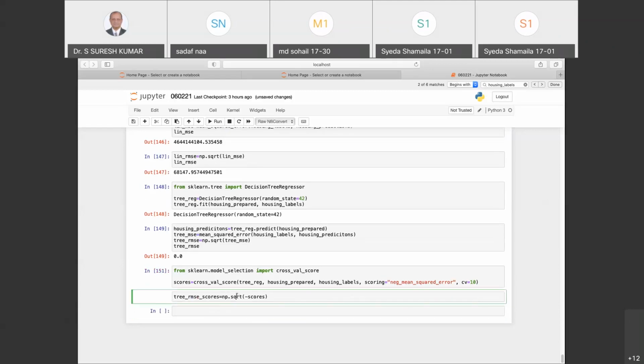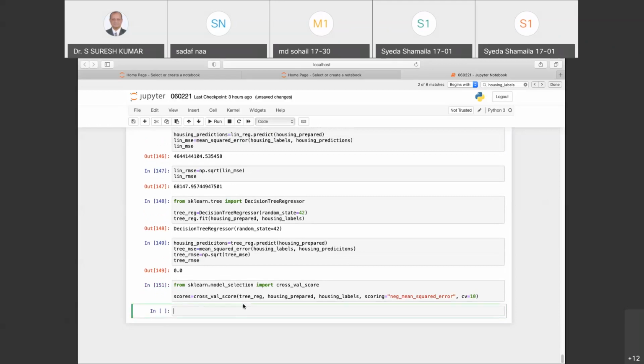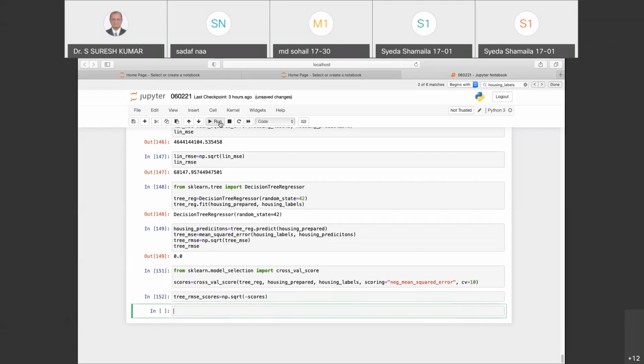It is because I'll tell you why. This is because we jumped this. Okay, now you find it. Now you say tree_rmse_scores will be the square root of negative scores. Execute this. Perfect. So now we have found out the decision tree root mean squared error scores.